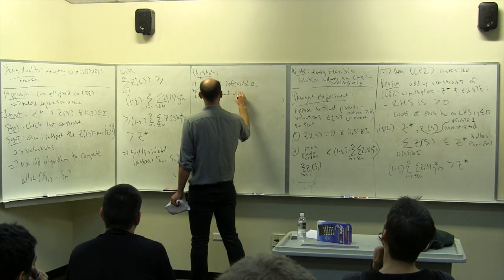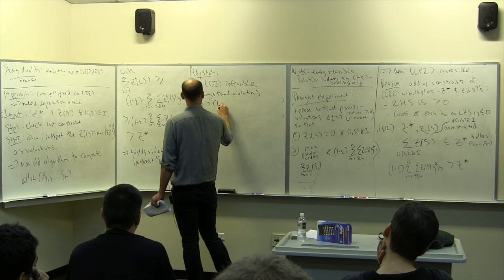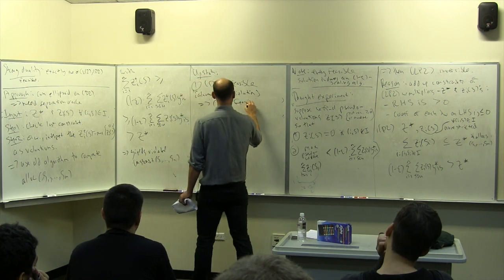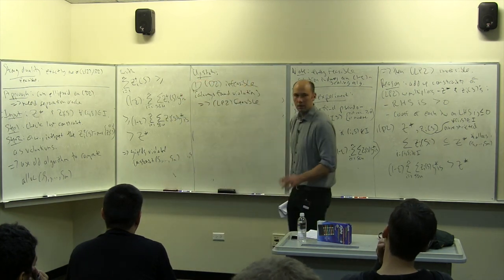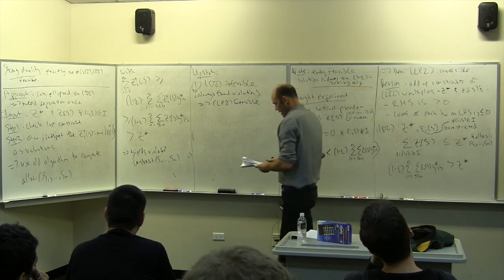Always found violation, which means that LP2 is feasible. So there is a scaling algorithm, a 1 minus epsilon scaling algorithm. And